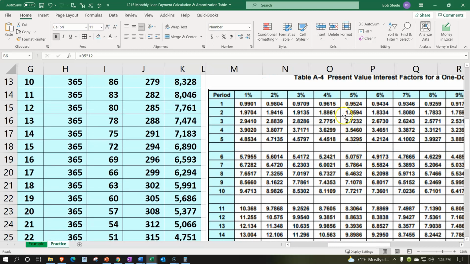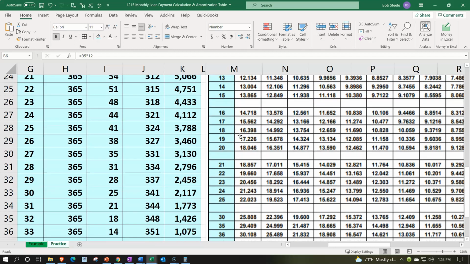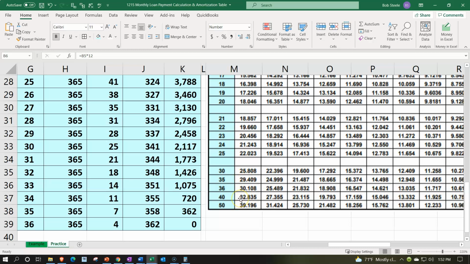So when we go down to the table, note that you've probably gotten used to the periods meaning years and the percents being yearly percents. But what you have to keep in mind is it doesn't matter what the two are as long as they match. So if I'm seeing these periods as months, that's okay as long as I see the interest rates as the monthly interest rate. If I was to look at these in months, looking up 36 months, and then use the yearly rate of 12, that would be a problem. But if I convert these to months using the 36 months, and I use the monthly rate of 1, then I'm okay. So that's going to go down here to the 30.108,